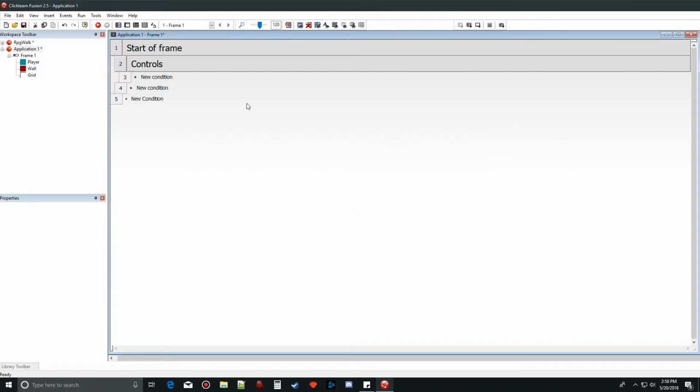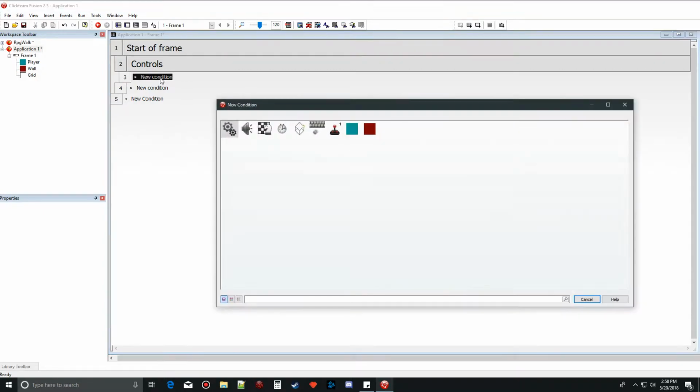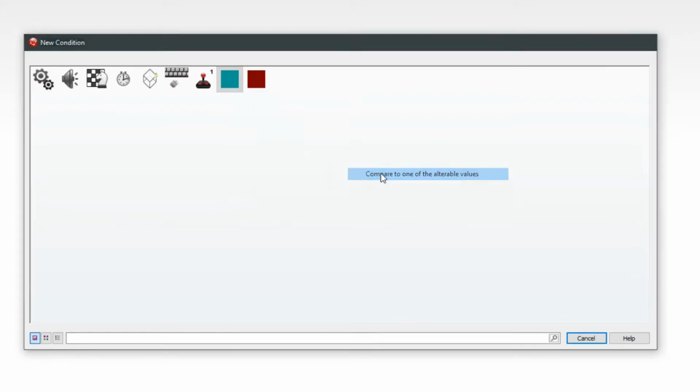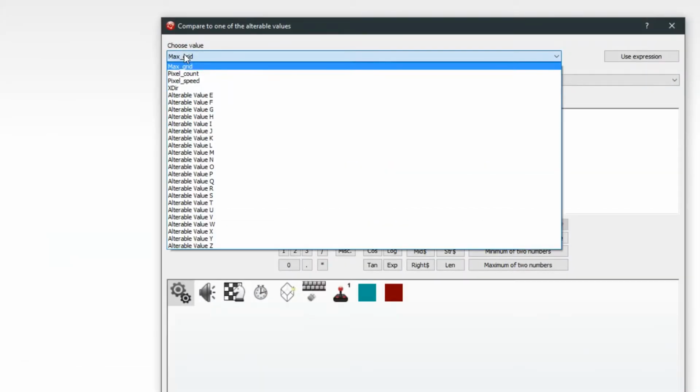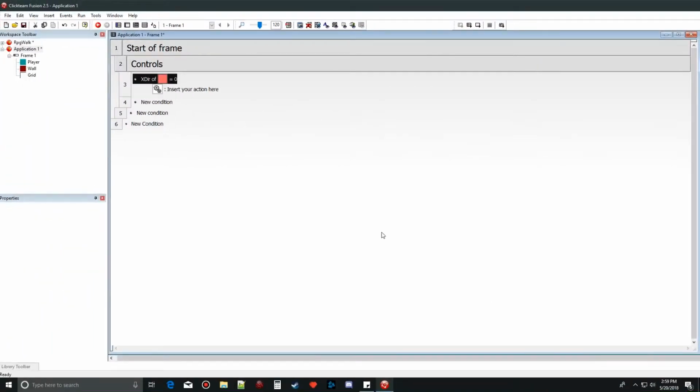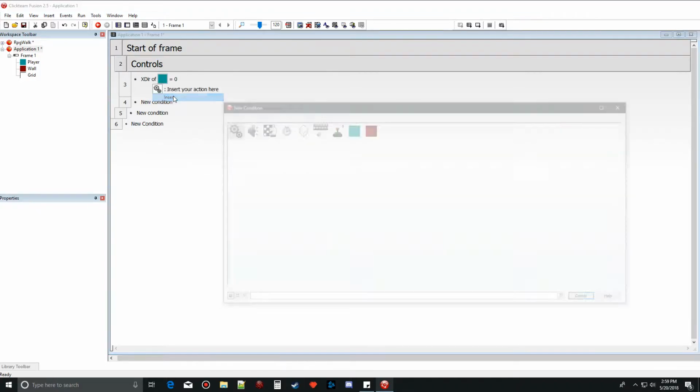Okay, so we got our controls group of events, and what we want to do in here is add a new condition, and we want to check for the player, alterable value, compare an alterable value. So if xdir is equal to 0, we're going to add another condition. So we'll right click and hit insert,